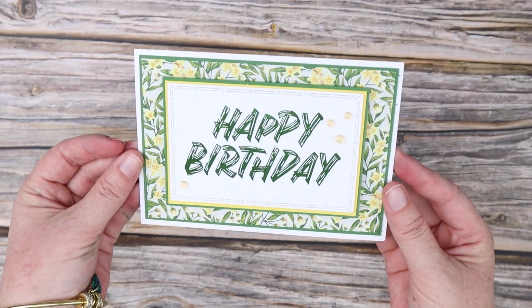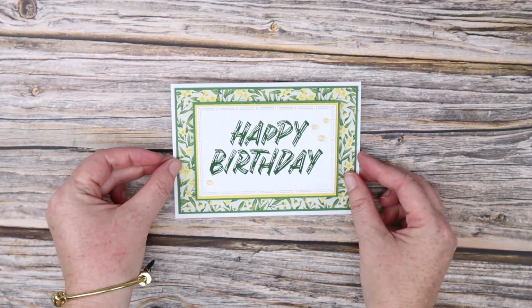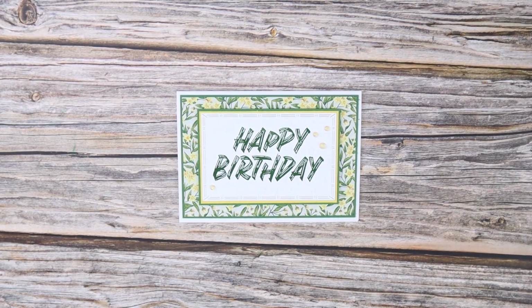And that's it. That is our card. Look how quick and easy that was to put together. And by simply using our pattern paper as our hero, we've then created some coordinating layers to match our pattern paper. Now let me show you a couple of other examples where you can use pattern paper to create your layers